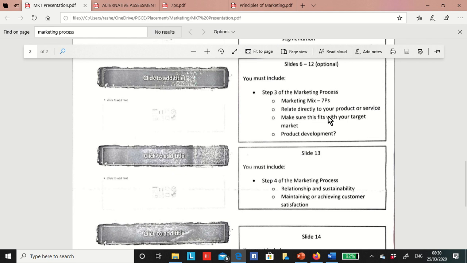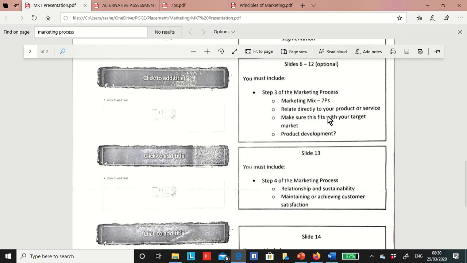Say for example, step by step, you go through all the elements of the marketing mix, like product: what kind of product it is. Is this a common convenience product or a luxury product, and what is the level of product, where does it sit, where does it fit, what's the actual product, then the augmented product, features of your product. These are the things you'll have to mention in the product section.